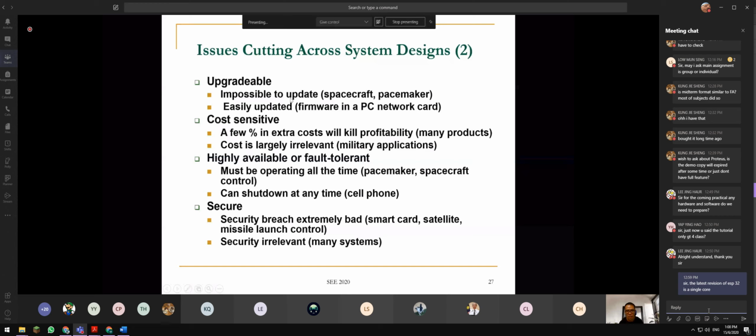And is it easy to update? Nowadays, with updating, you will learn from me later in ESP32, I will talk about OTA updating. For your handphone, you suddenly receive a notice that your firmware needs to be updated. So it's OTA, over-the-air updating. How do you do OTA updating? And what is the disadvantage of OTA updating? You look into it later. And cost sensitive, of course, ordinary products like a mobile phone.